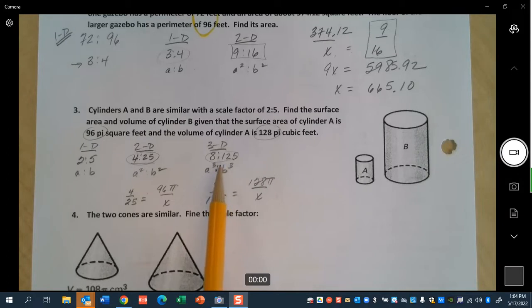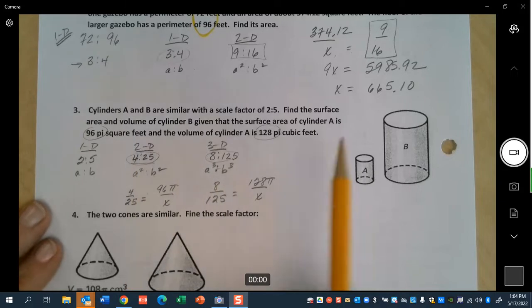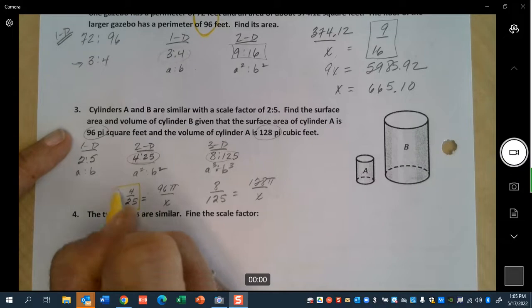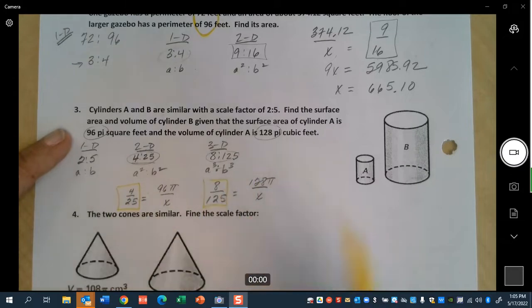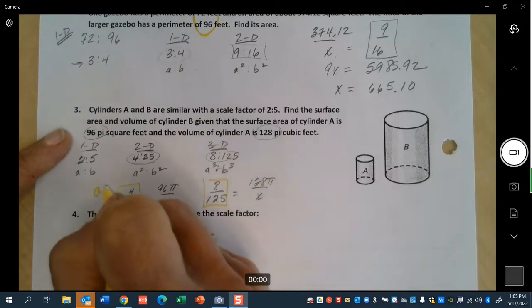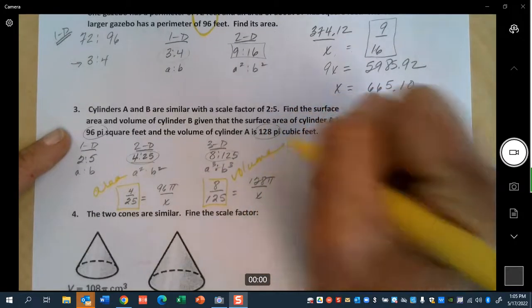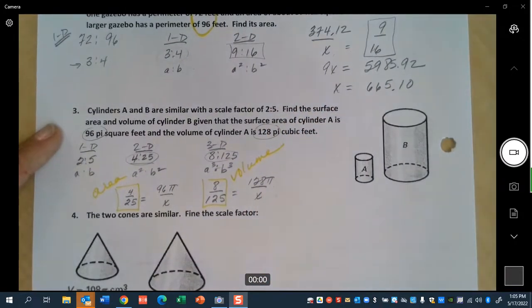So when I take what values I know, surface area of 96 pi, volume of 128 pi, I'm going to set it equal to this scale factor that fits the story. This is for area, and this one is for volume. So then solving for x is going to be